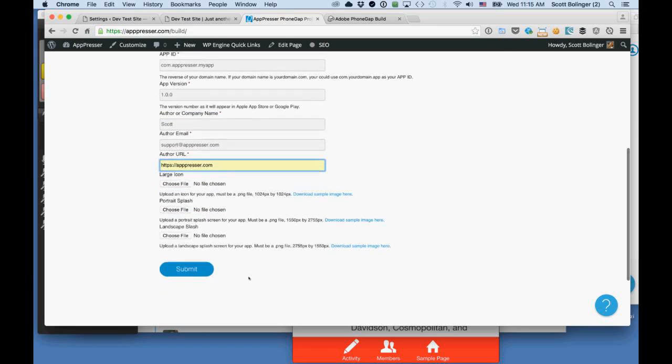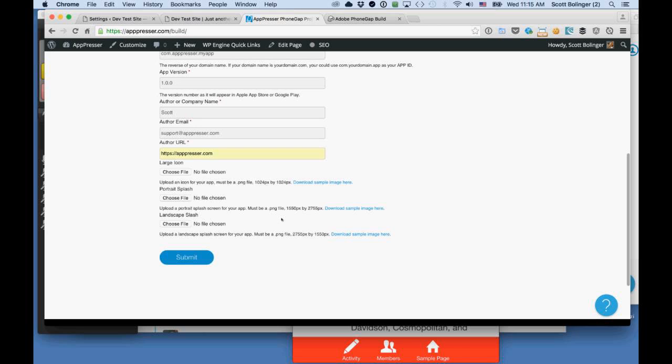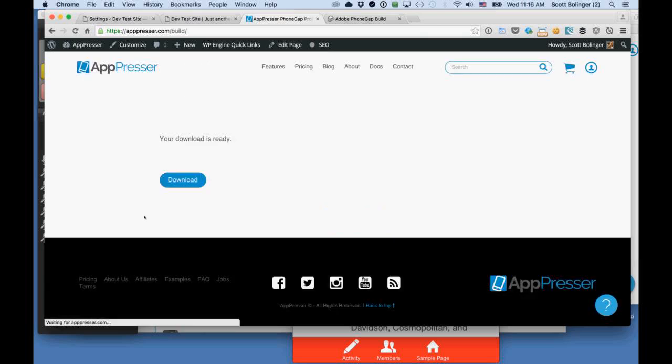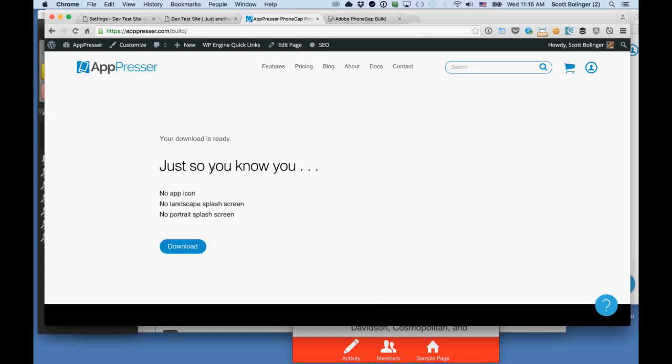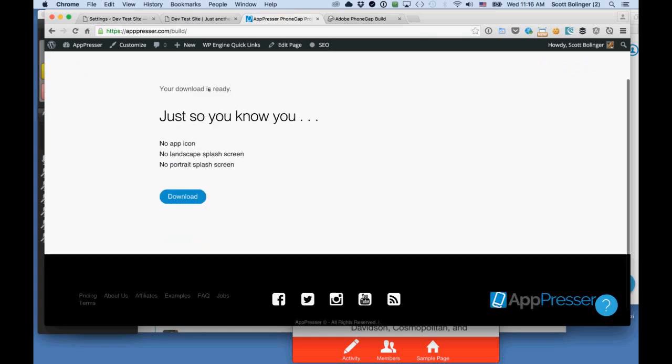This is going to be our splash screen and our icon files. They need to be a PNG file at this exact size that we described for you here. And there's sample images that you can download and then put those into Photoshop and swap them out for your branding. And that'll automatically do everything that you need for the icons and splash screens. So once you do that, it's going to give you some information about your build here,